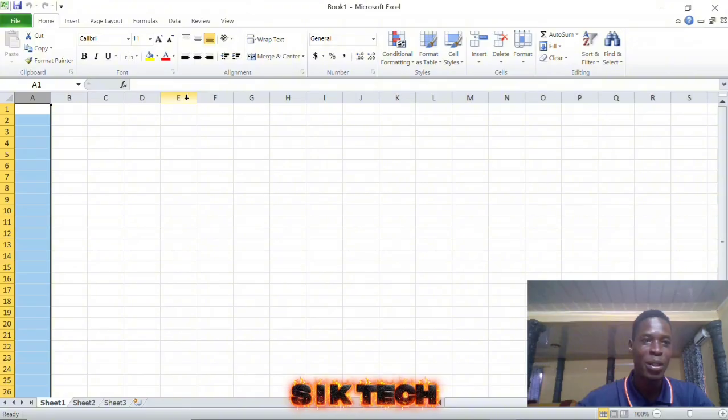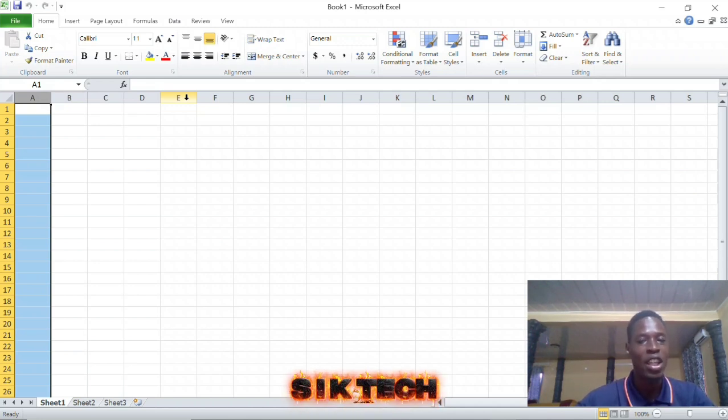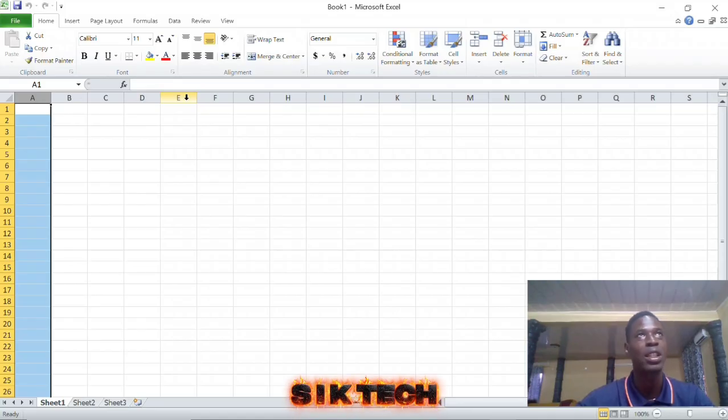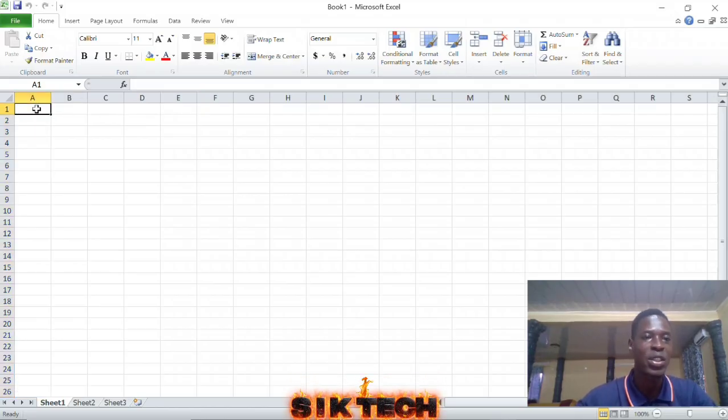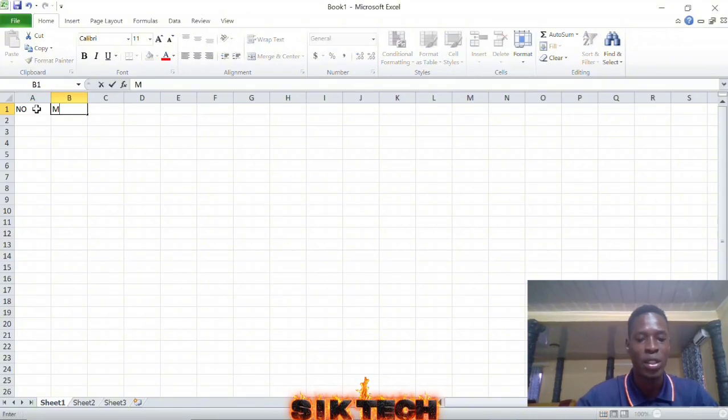These rows determine the number of people, and you input the data for each person where you write. Now the 1, 2, 3 determine the number of people you have to input. Let's just say this attendance list is for 50 people. So let's make a practical here. We say number. We say